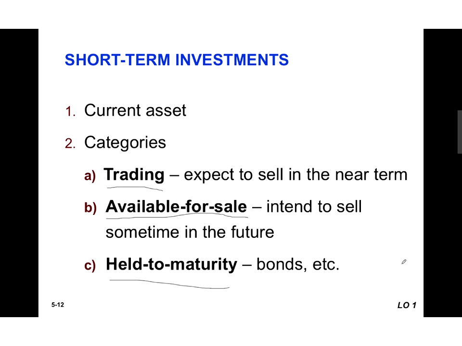So in this chapter, we are looking at investing. So we're buying other companies' stock, we're buying other companies' bonds, or U.S. Treasury bonds as well. So we have those three categories: trading, available for sale, and held to maturity. I will tell you right now, you should have those three categories written down because we're going to have a true-false question that says these are the three categories. Okay, so know the three categories.